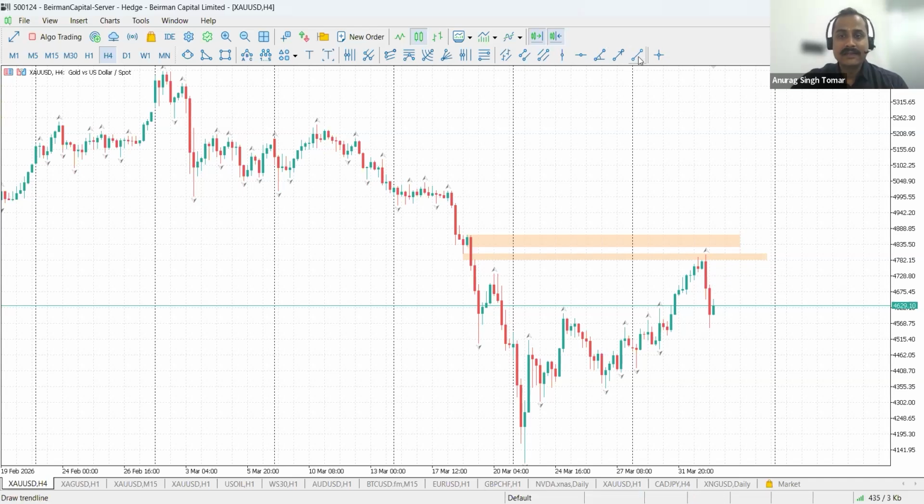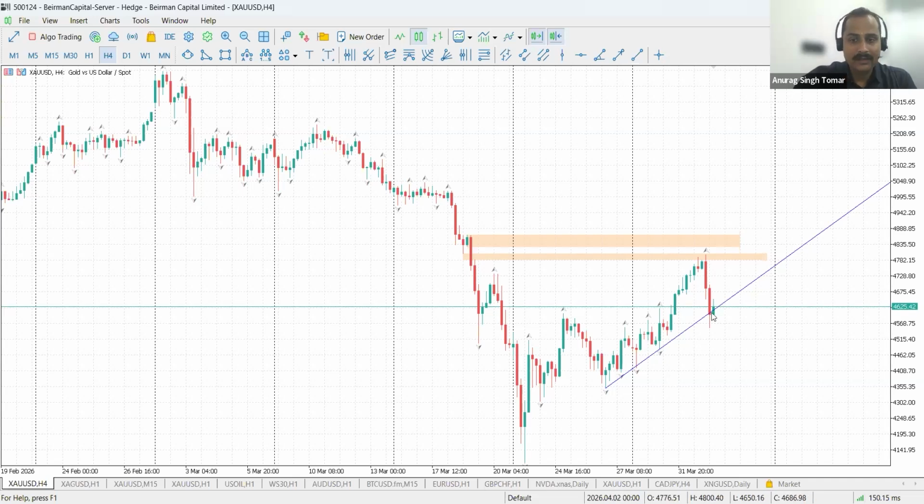Now, the second thing which we need to do, we need to identify the current trend. I will not take this because this is a kind of sideways movement. So we have a distribution, then we have a sideways market, which is a kind of manipulation, and then we have again seen the trend toward the upside. So let me mark this point to this point, just to have a clear trend. And this is a trend line which is acting as a very strong resistance.